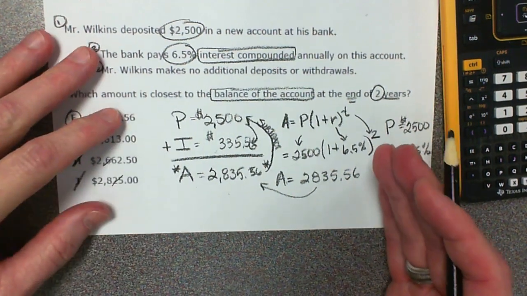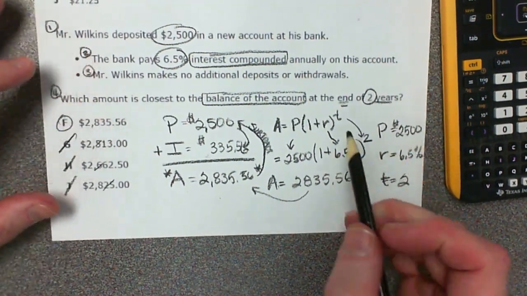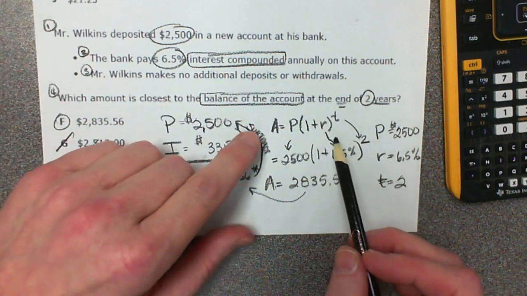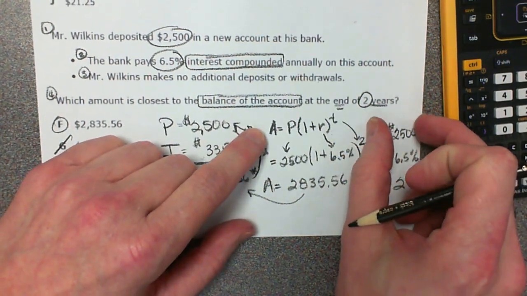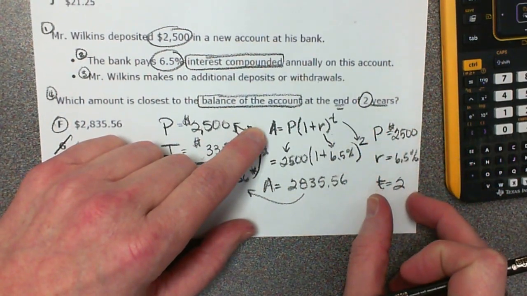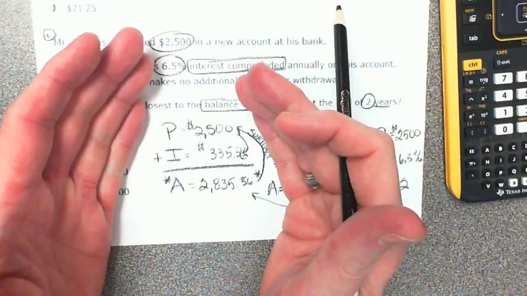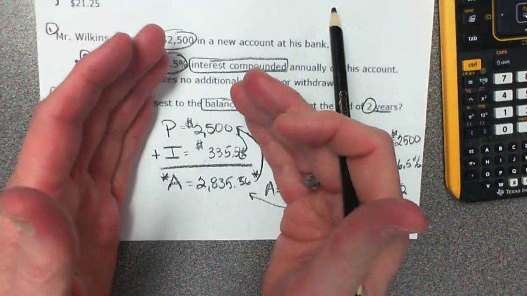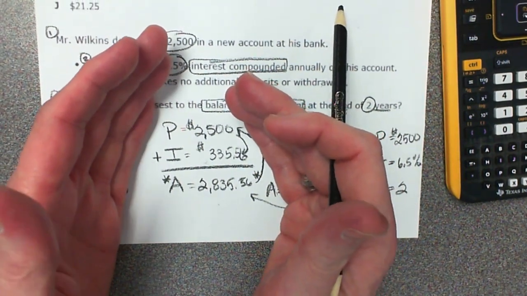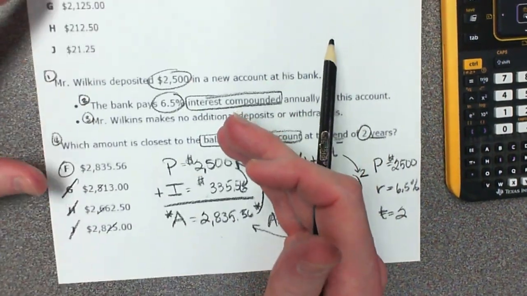Remember what's important here: the process is important. Make sure that you're reading the question. Make sure that you're using the proper formula. Make sure you're getting all of your information and plugging it into your calculator properly. And then lastly, just make sure that you know what you're trying to find and does this make sense. You know enough to be dangerous now. Okay? So go ahead and finish this up